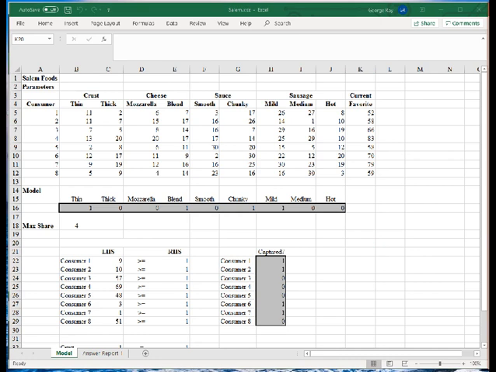So, the background is Salem Foods is planning to enter the frozen pizza market. And there's two existing brands currently, Antonio's and King's. And they have the major share of the market. So what Salem Foods needs to do is try to develop a sausage pizza that will capture a substantial share